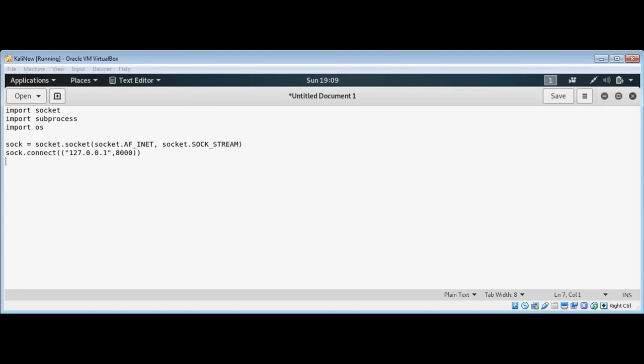In this code, we need to start our shell and we need to handle input, output, and error. We need the input, output, and error pipes to talk to our socket. We will call our OS module's function dup2 with the values 0 through 2 representing our input, output, and standard error. So, os.dup2 and then sock.fileno